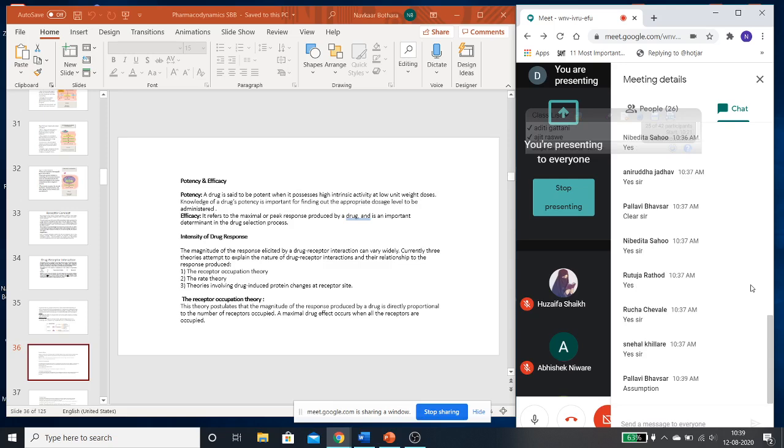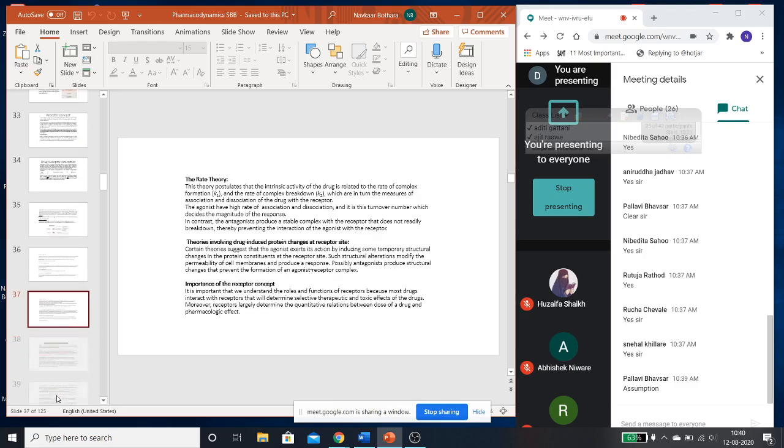Yes, it is assumption. So this theory postulates that the magnitude of the response produced by the drug is directly proportional to the number of receptors which are occupied. Simple: the more receptors are occupied, the more will be the drug effect. So maximum drug effect will occur when all the receptors are occupied. This is called the receptor occupation theory. Okay, the second theory